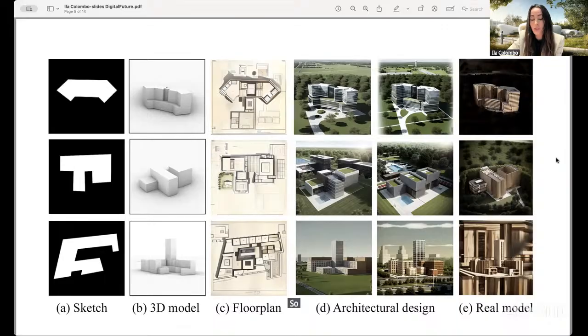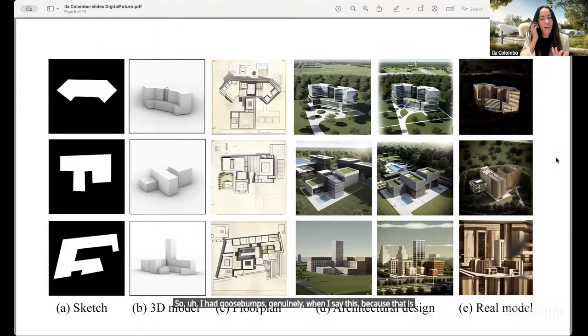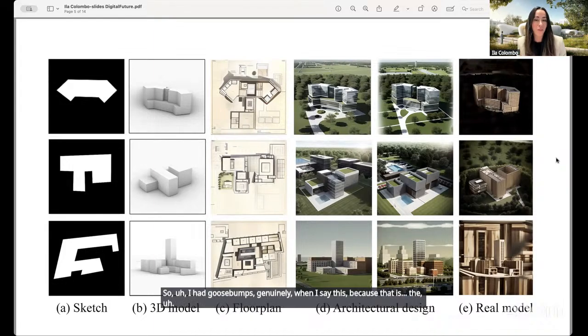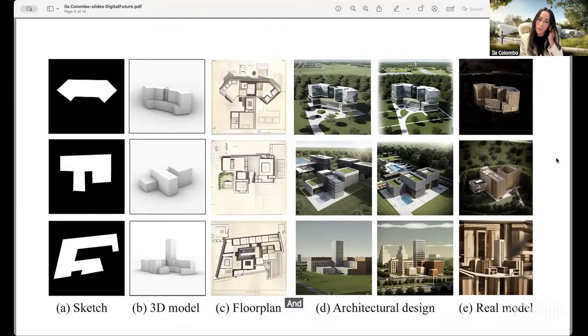So I have goosebumps genuinely when I say this, because that is the great opportunity and possibility of today. You take an architecture workflow and you have it within just a few weeks. And this helps liaising with clients in ways they could not believe possible.